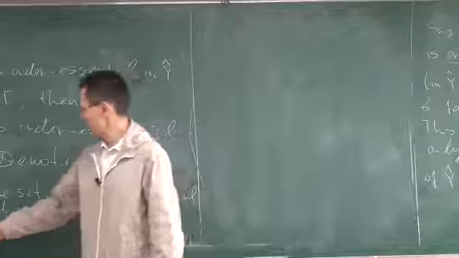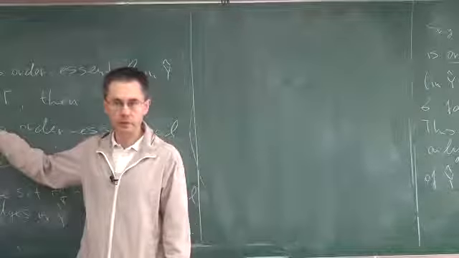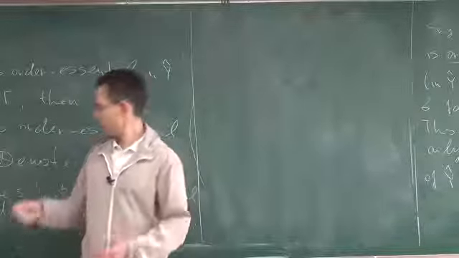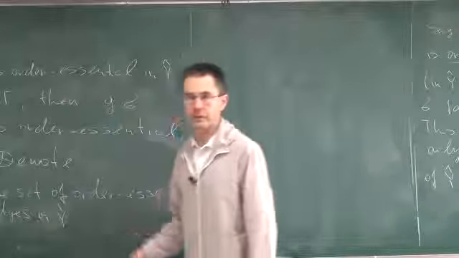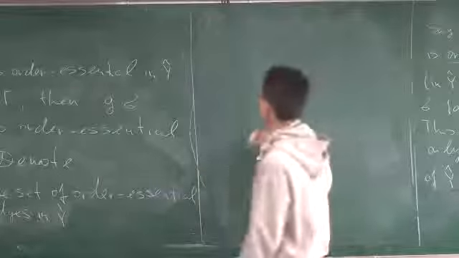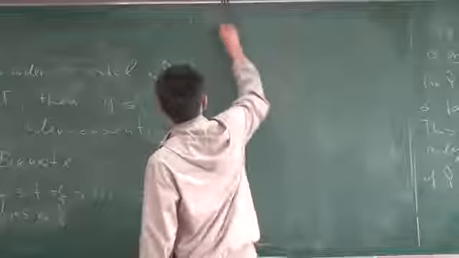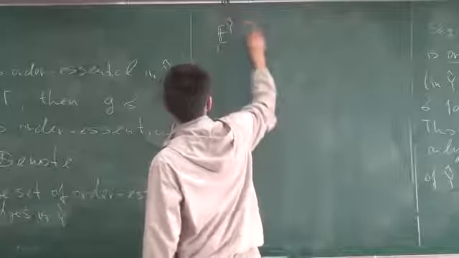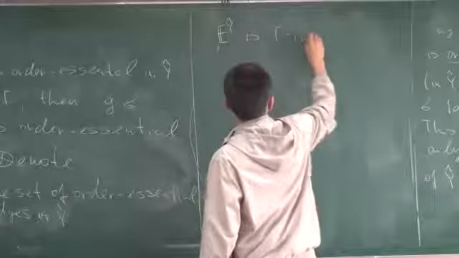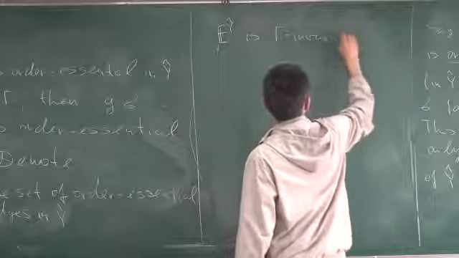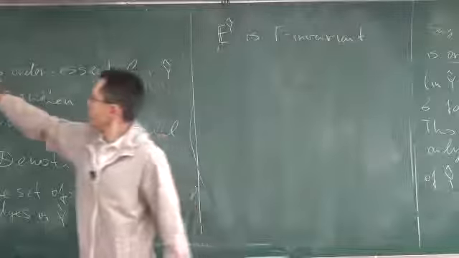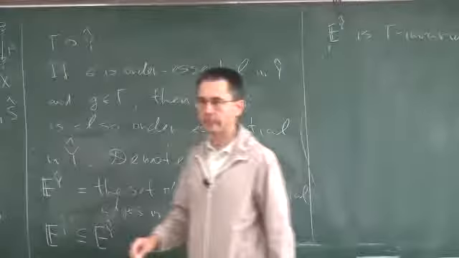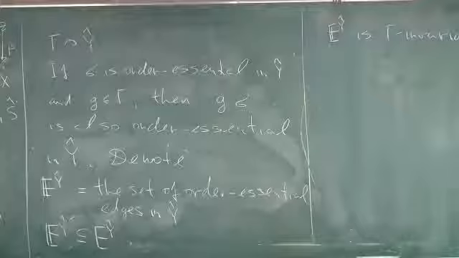So if you take any element of this set and you apply any element of the group to it, the result stays in this set. So in other words, this subset of edges is invariant under the gamma action. The set of order essential edges is gamma invariant under this gamma action on y hat. Okay, since it's invariant,